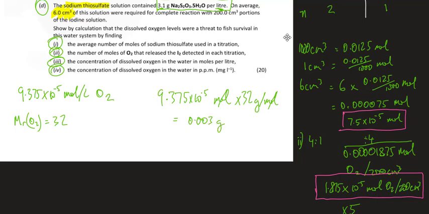0.003 grams, and this is in a liter, so grams per liter. And we want it in milligrams per liter. So we're going to multiply that by 1,000, and so the decimal place hops 3 digits to the right. So you get 3 milligrams per liter, which is the same as 3 ppm of dissolved oxygen. Box off our answer there to part 4. And do box off our answer to part 3,